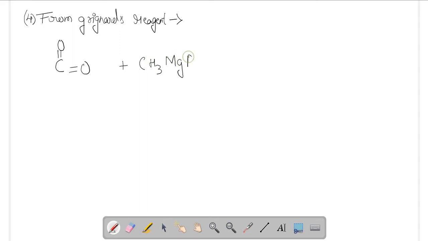We have taken an example of methyl magnesium bromide here. Okay, so here the breakage of the compound will take place, C minus and Mg plus,